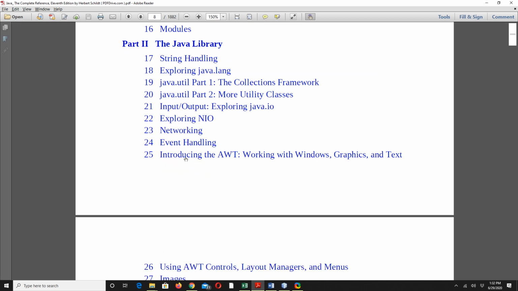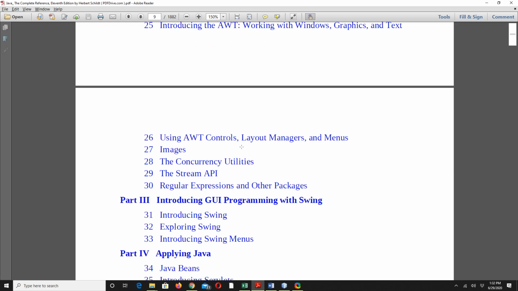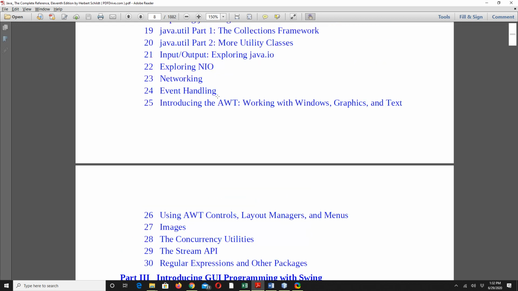The next chapter is AWT, then AWT controls, images, a lot of chapters related to AWT. But if you learn Swing, you will inherently be learning AWT, and you know that we have got very limited time, so we really cannot complete the book. So I am only teaching those contents which are current and important, and which you will be needing in future.